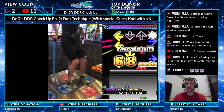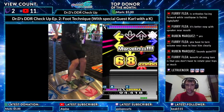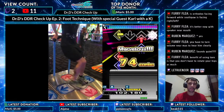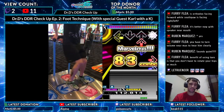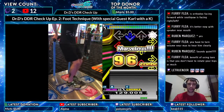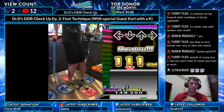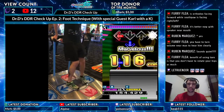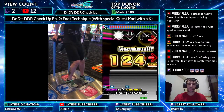So here's where the next tip comes in, and this is a good angle to take a look at. I'm going to slow it down for you guys. We're going to slow it down a bit, and I really want you to take a look at something in slow motion. I want you to look at how high he's actually lifting his feet here. Now, Chunka actually goes a little bit higher than most players that I know at this level, but that doesn't mean that you shouldn't be focused on your jump height. So even when the jump is coming, he's staying as low to the ground as possible. The reason why they're doing this is to minimize the